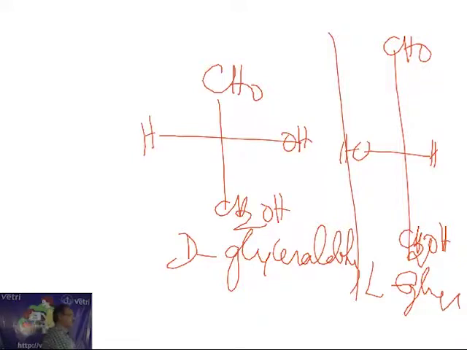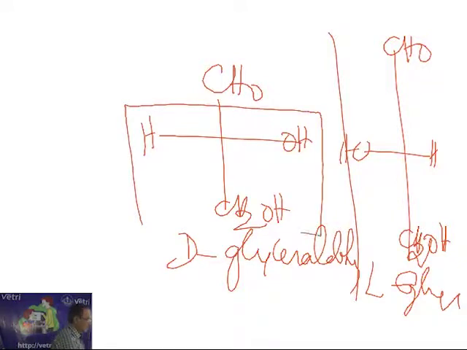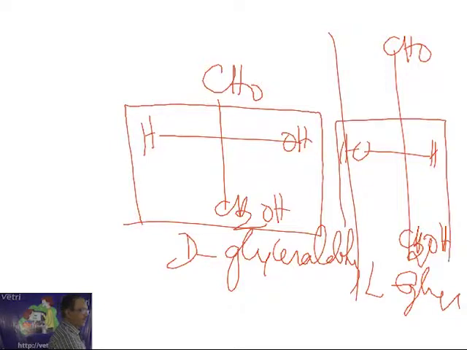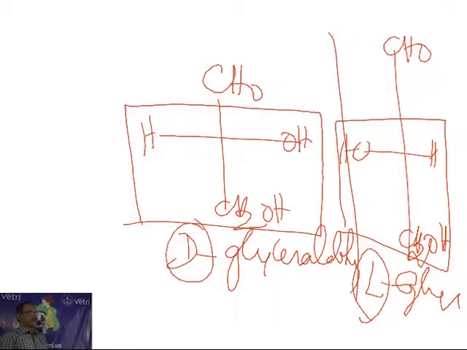The convention is, if there is only one carbon atom, you take that one. If there are more carbon atoms, you have to take the lowermost. In the lowermost carbon, consider the horizontal groups. The carbon chain will be vertical, CHO, according to Fischer, and the horizontal groups will be this way. If any electronegative atom or group is on the right hand side, D. If any electronegative atom or group is on the left hand side, L. This is the configuration. So D-glyceraldehyde, L-glyceraldehyde, D-glucose, L-glucose, D-lactic acid, L-lactic acid, D-tartaric acid, L-tartaric acid, like that we